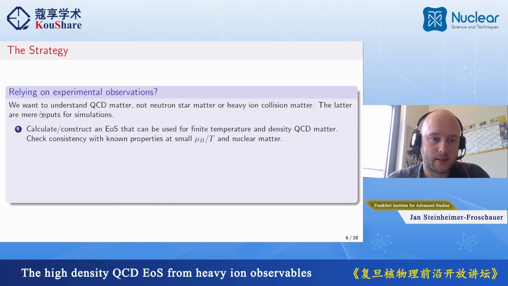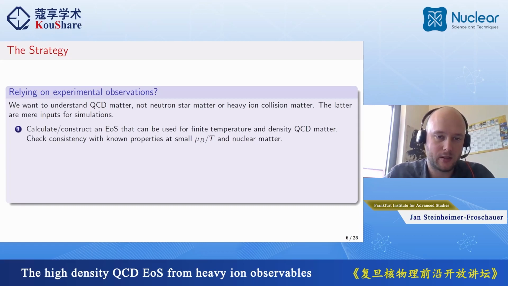So what we want to understand is actually QCD matter, not neutron star matter or heavy ion collision matter. Those are basically the same thing, just with slightly different isospin, and used as input for simulation. But what we really want to understand is the properties of QCD matter, which is the underlying theory. So the one approach you can go by, and at the very end I might give you the opposite way, but the usual way of how people are doing this is some kind of top-down approach where you start with